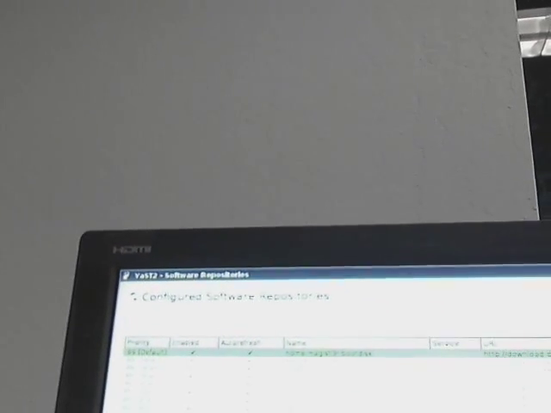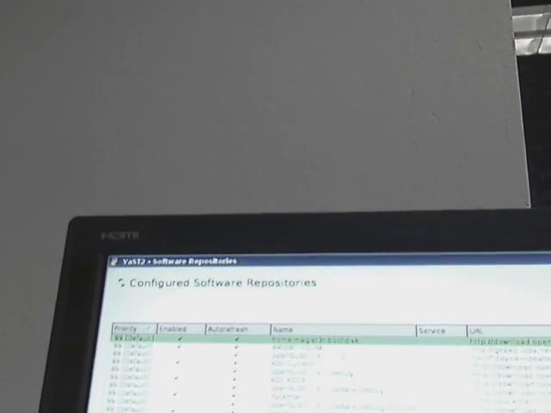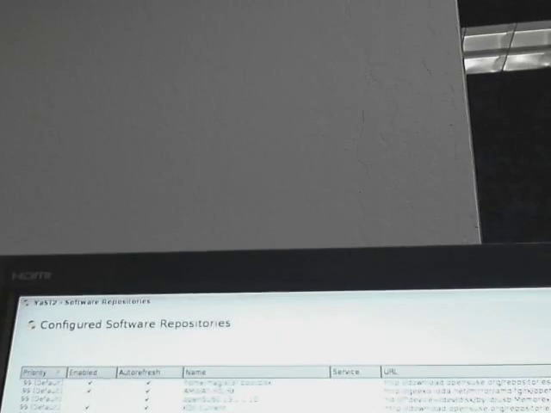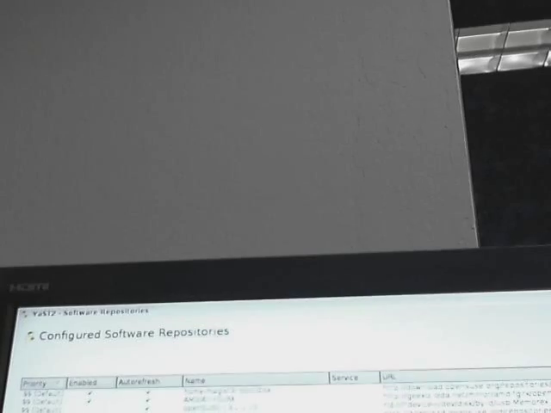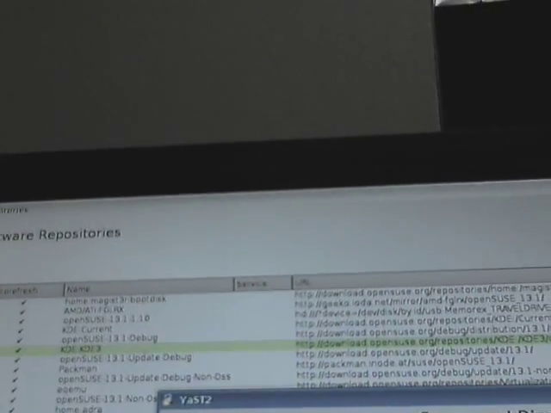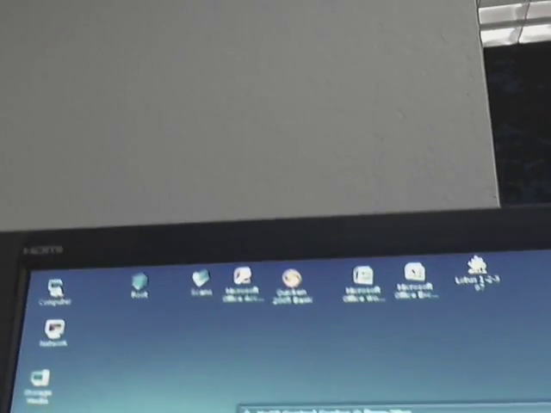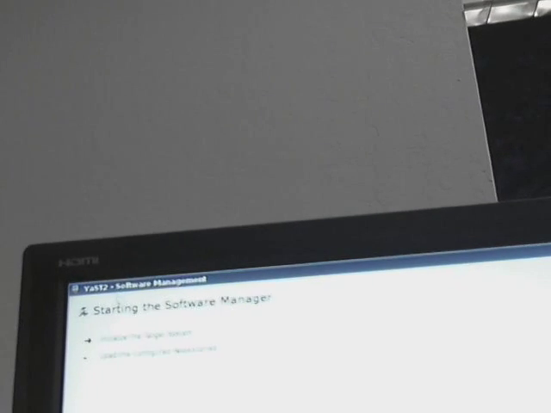Like, this is where I get KDE from. So let me show you actually what it looks like for my KDE3 thing. And I don't have it. Of course I have it. Where is it? There it is. Good enough. Okay, so widen this. So it's just a URL. It's HTTP download.opensuse.org. And I just basically copied and pasted that off the web page, said okay, and then under software management,